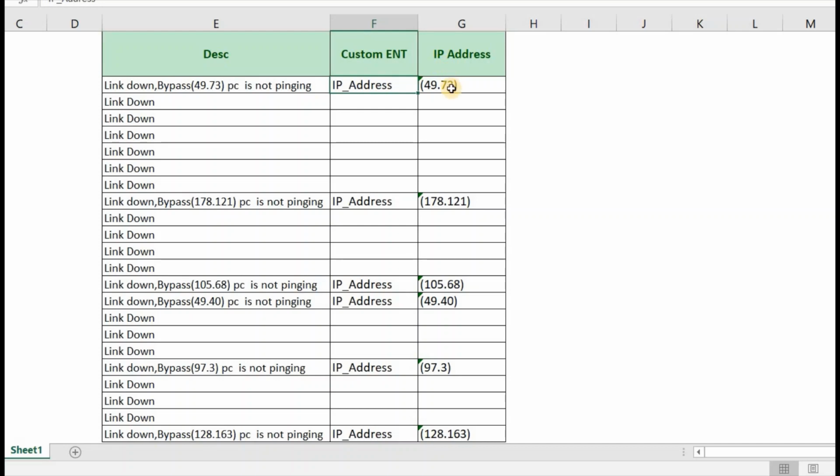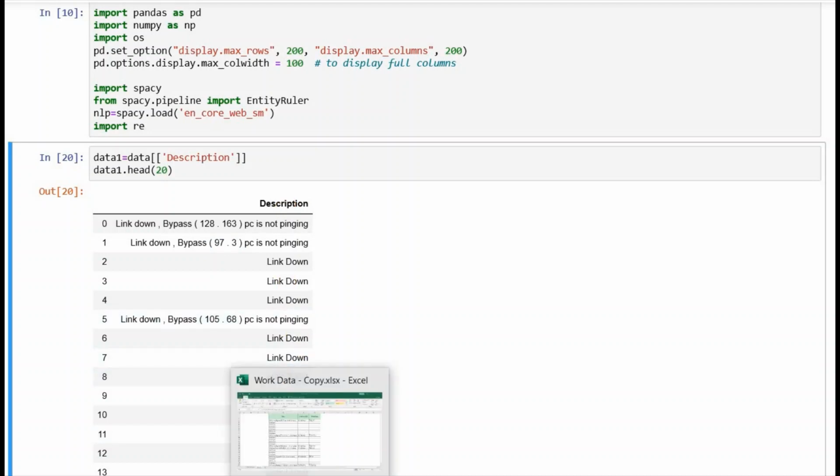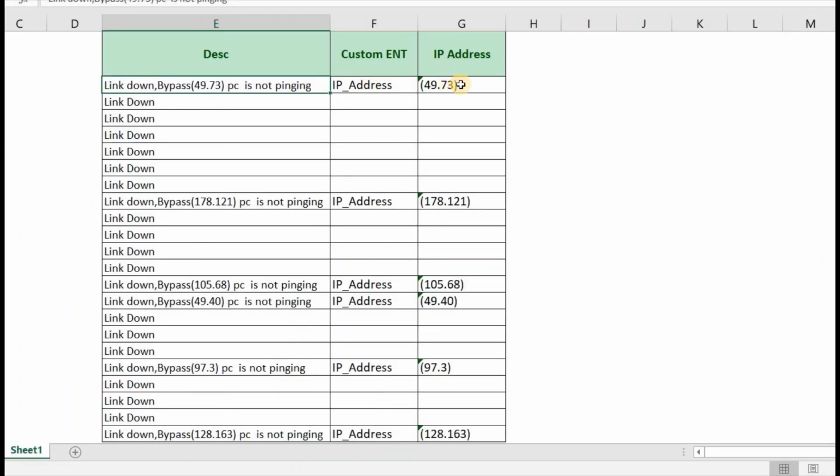I also want to preserve this data before doing any kind of text cleaning, because if we remove punctuation or similar, there might be a loss of information. So in the description, I want the IP address to be saved and preserved as a separate entity. Let's see how we can do it.